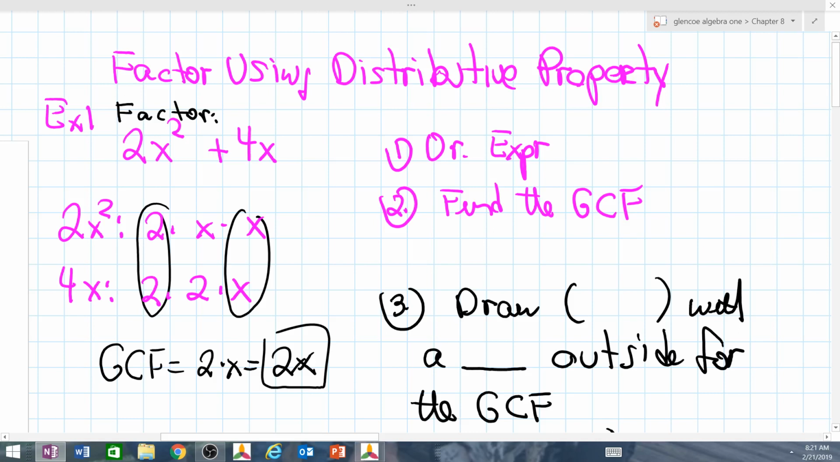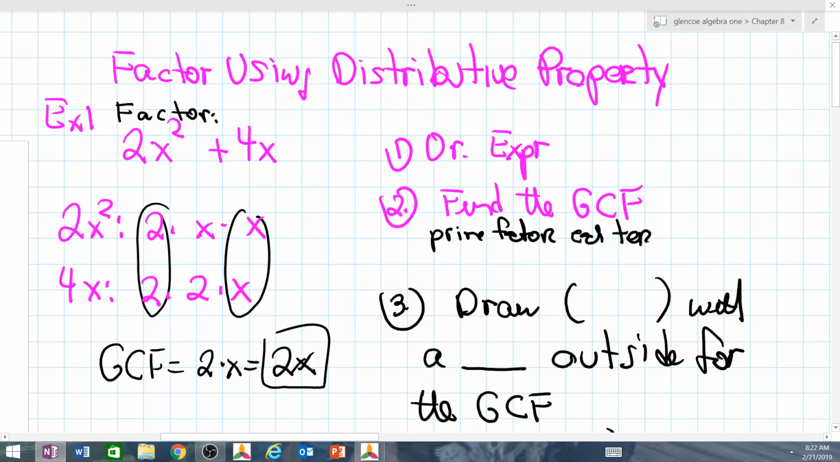What is the biggest thing that 2x squared and 4x have in common? Now, I know many people are looking at it, and you can tell that the biggest thing that 2x squared and 4x both can be divided by would be 2x. However, if you're not sure what the GCF is, you go through these steps. You prime factor